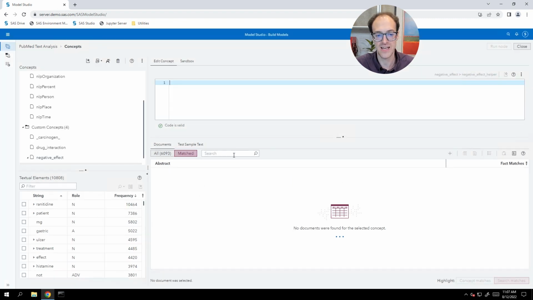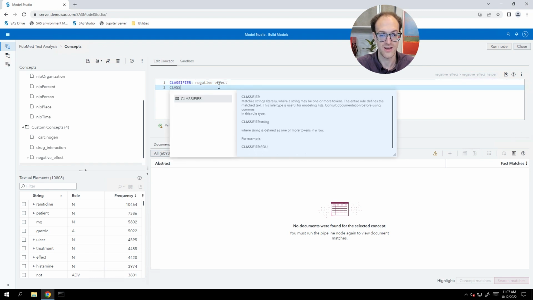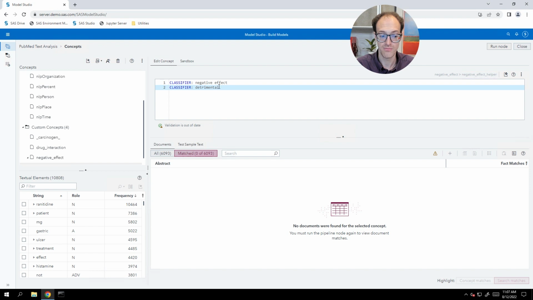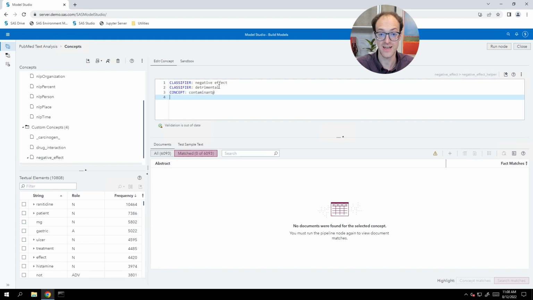And in this negative effect helper, I'm going to just put a bunch of classifier rules for negative effects, along with a couple of concept rules to capture some variable ways that we can represent the strings. So we'll start with classifier negative effect, classifier detrimental, concept, because now we want to capture different versions of this word, contaminant, with the at symbol afterwards, in order to emphasize that we want to catch a wildcard.